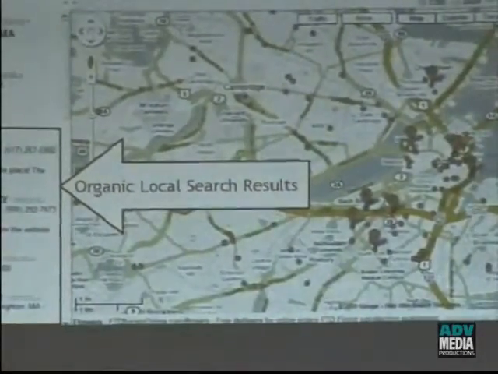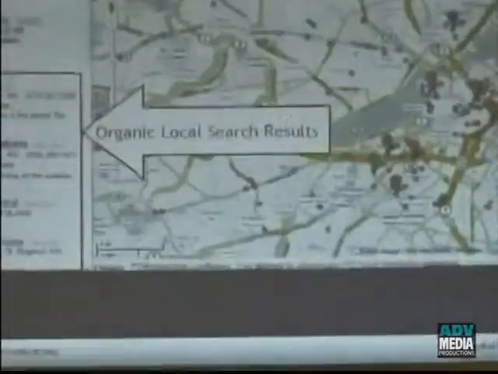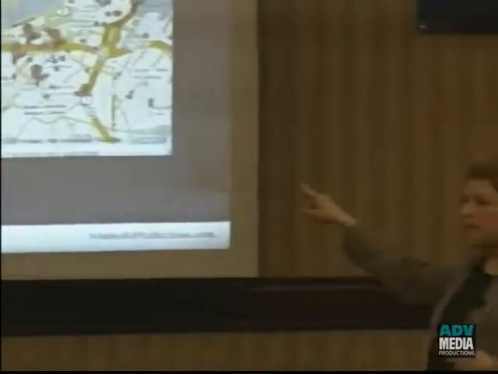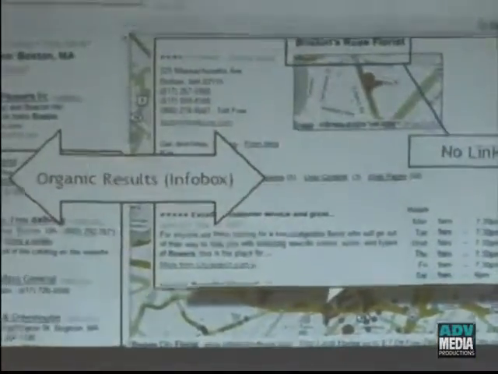Okay, so let's say you're in the maps now, and you want to click somewhere. Here's what happens when you click. How many people use Google Maps a lot and are familiar with the process here? Great. So if you click here, you're going to get an info box. That info box gives you information.